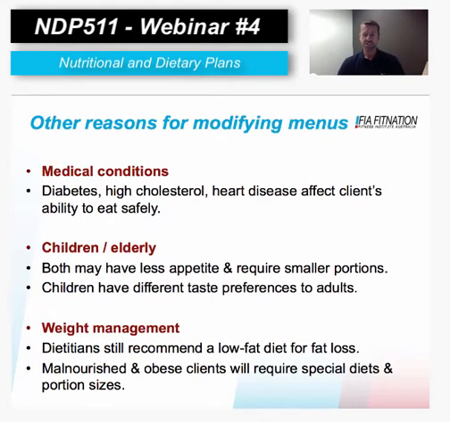Right, some other reasons for modifying menus, some specific reasons. Obviously, medical conditions, we've talked about diabetes and how, especially type 2 diabetes, is generally considered a lifestyle disease. They have found that there are genetic links even with type 2 diabetes, but lifestyle really does pull the trigger effectively. So lack of exercise, poor diet, too many calories, too much sugar, too much fat,